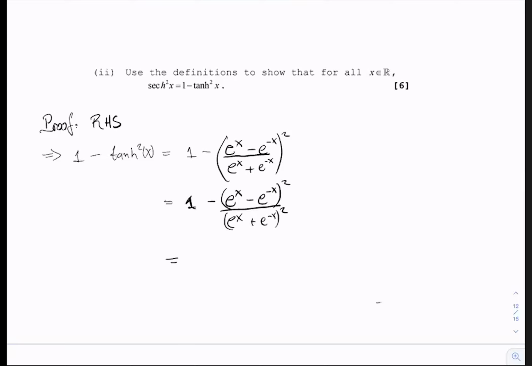Now, I know that at this point we're tempted to expand both the numerator and denominator, but for this question in particular, you want to try to see if you can simplify it without doing too much expansion. If we do the expansion, it might take us a very long time. But what we're going to do is